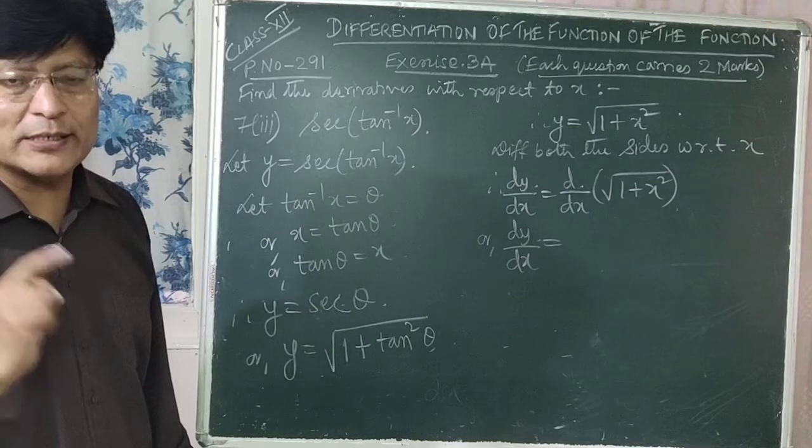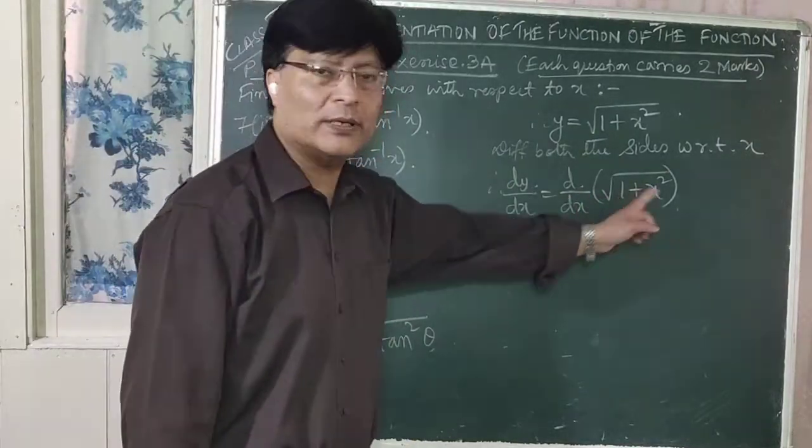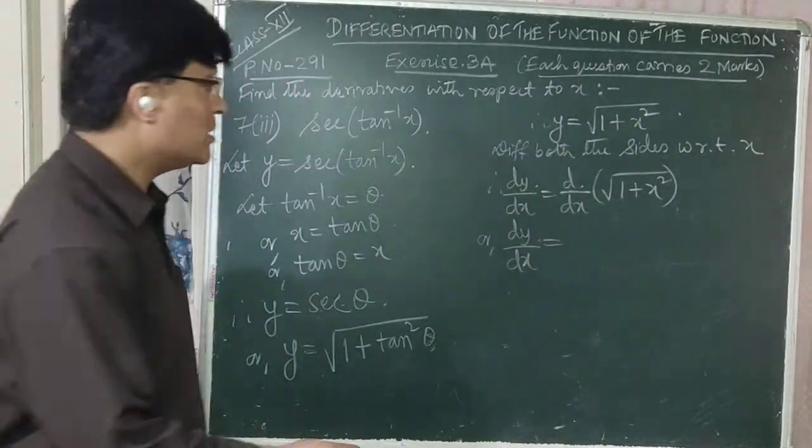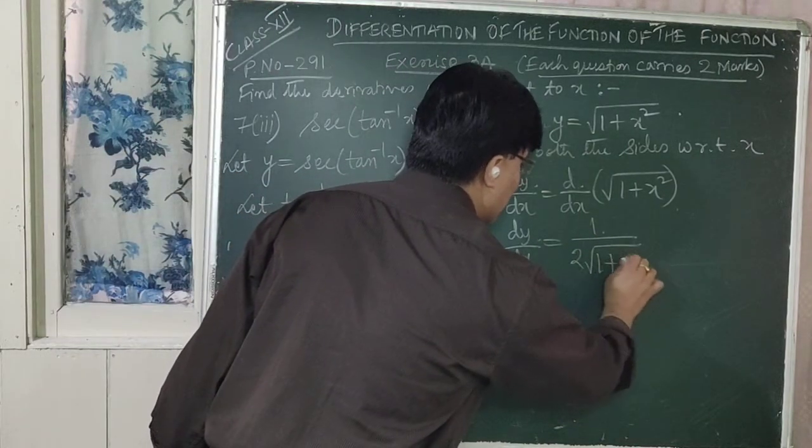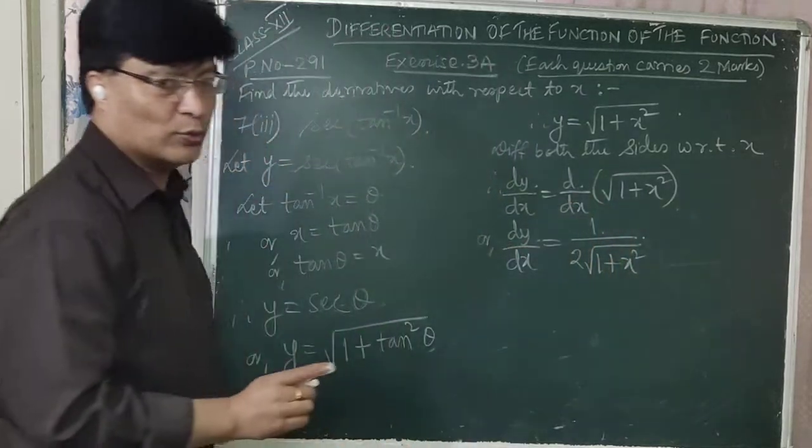1 plus x square is taken as x. That is, it is root over x, right? So what is this differentiation? 1 upon 2 root over 1 plus x square into